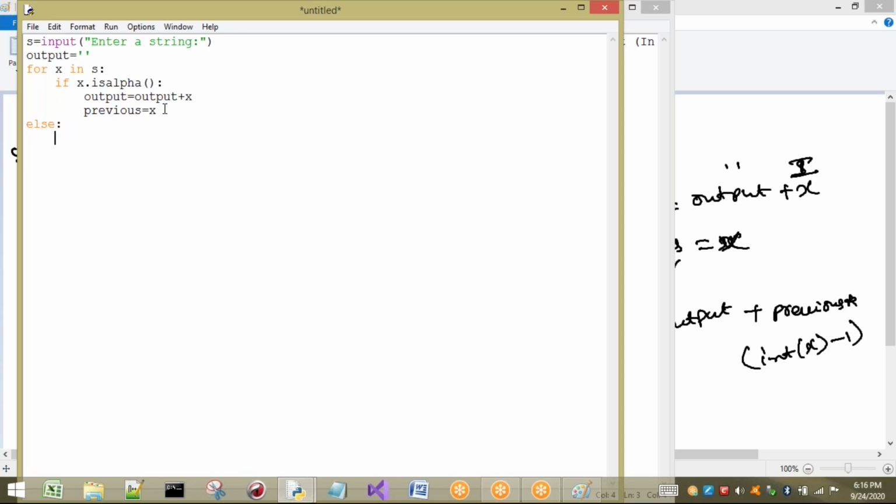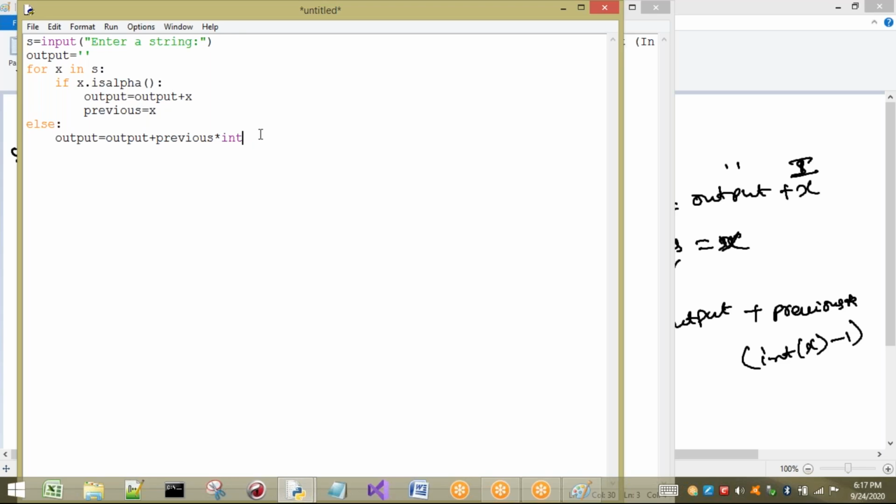Those many number of times I have to print the previous character, so that I have stored what? In previous I have stored that character, right? Output equal to output plus what I have to do? Previous means what? Previously whatever alphabet I have taken, that element will be selected and it has to print how many times? Already once it is stored here. S is stored already once.